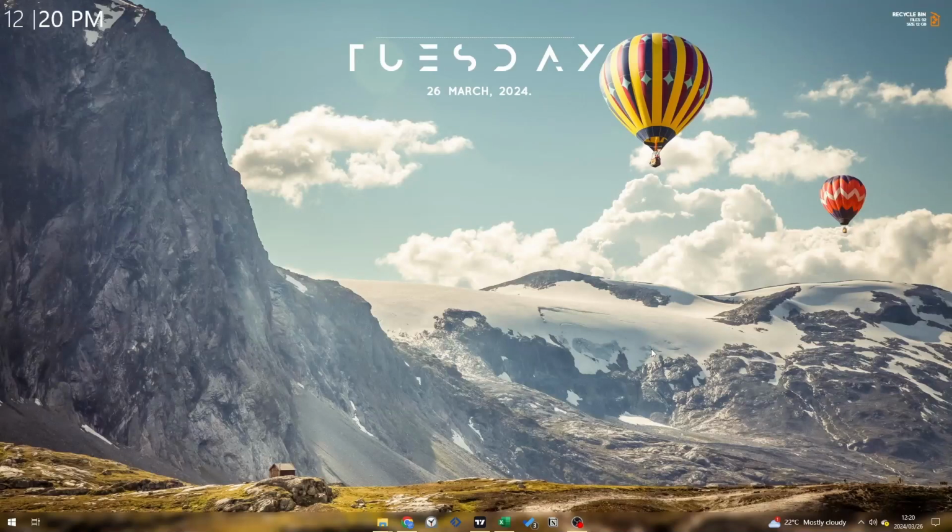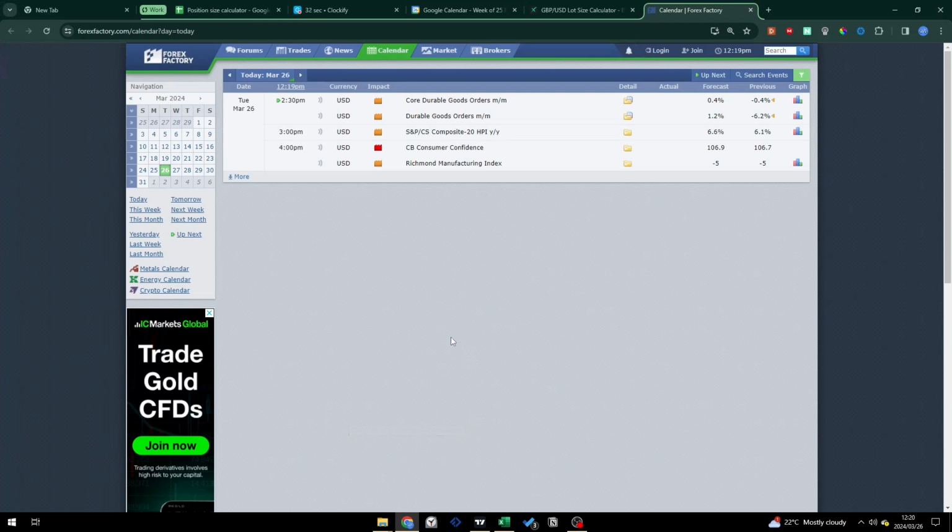Welcome to the New York Outlook for Tuesday, the 26th of March 2024. What I do want to say before I start is that it's probably best you look at the London Outlook for context, because I don't want the New York Outlook to be lengthy, especially given that I'm now covering 3 pairs. So having said that, let's move into the economic calendar, where we've got one red folder news event